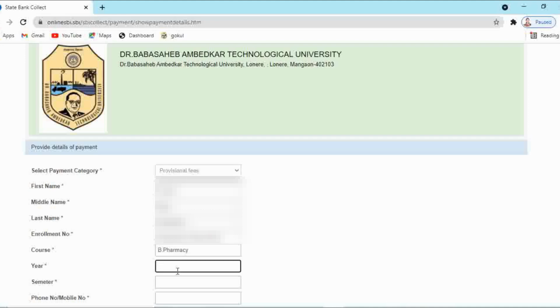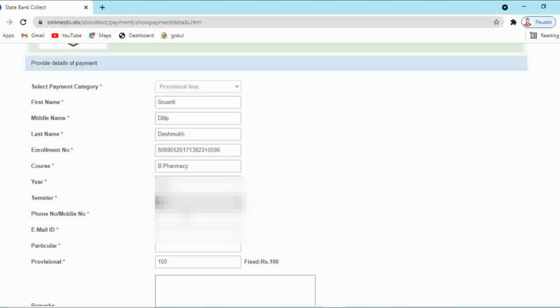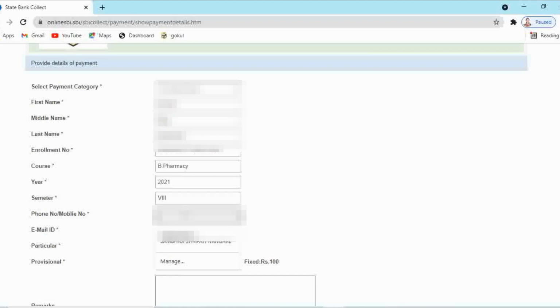Year of passing you have to mention. Semester. Mobile number you have to enter over here. Here you have to enter your email ID.